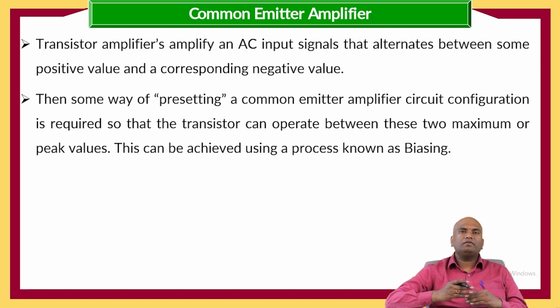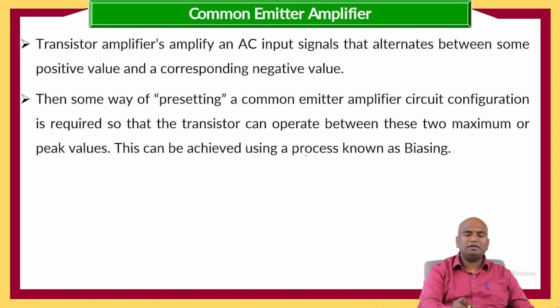So whenever we have given the AC input, which is going to have one positive peak and one negative peak, the transistor has to operate under these two peak values, and this can be achieved using a process known